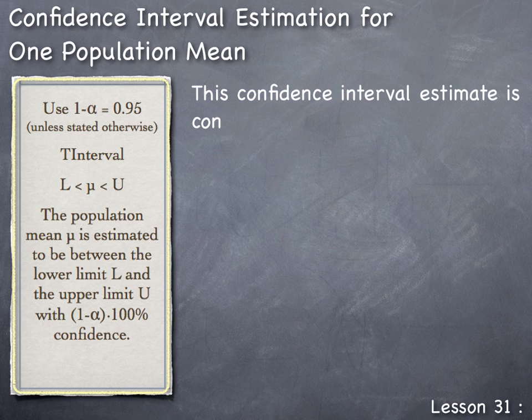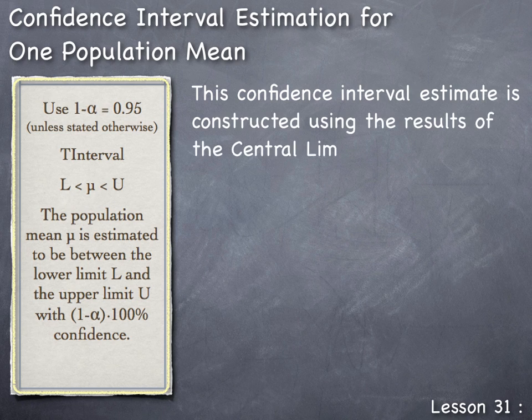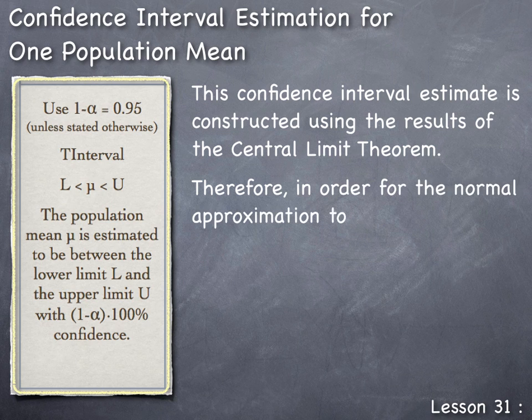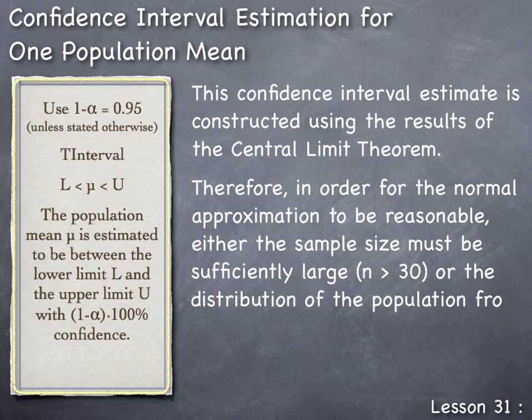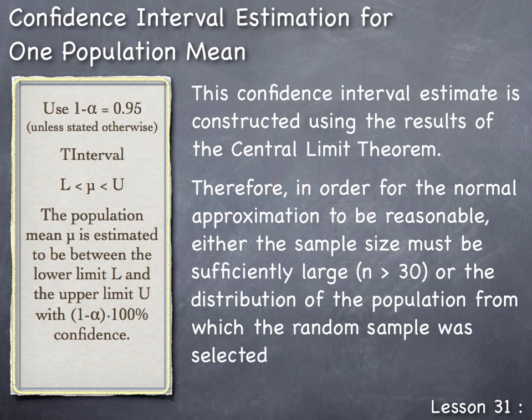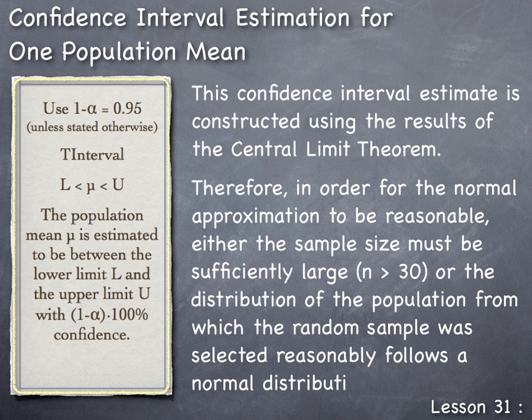This confidence interval estimate is constructed using the results of the central limit theorem. Therefore, in order for the normal approximation to be reasonable, either the sample size must be sufficiently large, or the distribution of the population from which the random sample was selected must reasonably follow a normal distribution. So if the distribution of the population from which the sample is selected is itself normally distributed, then using this formula, which is based off of the normal distribution, will produce estimates regardless of whether the sample size is large